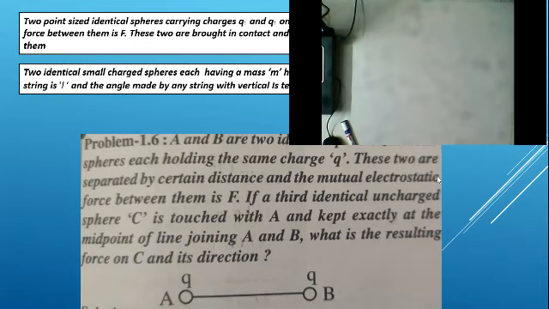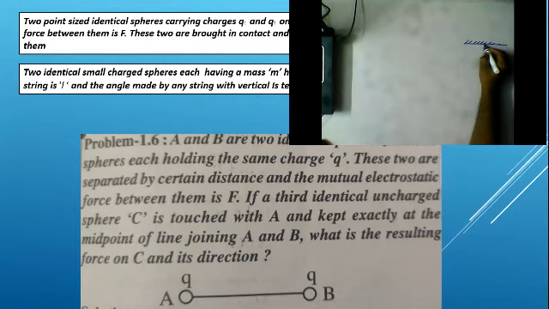The question is very simple. You need to find the value of the charge on each sphere. That's it. Okay guys, what is the charge you need to find out? Now I'm drawing the question here. So this is your question, guys. I'm drawing the figure for better understanding. So this is a support.